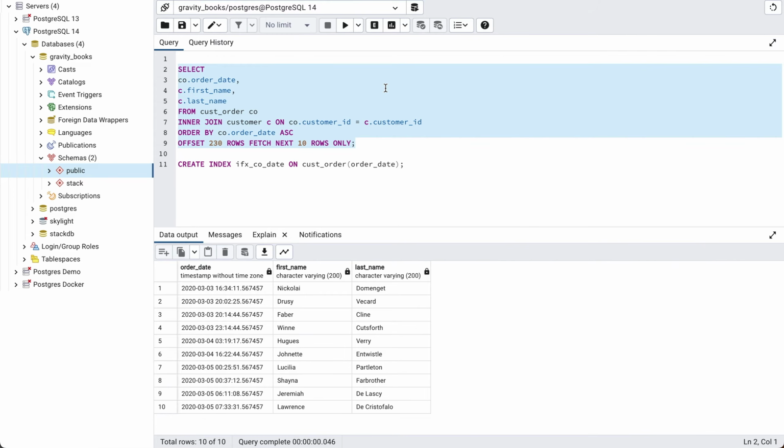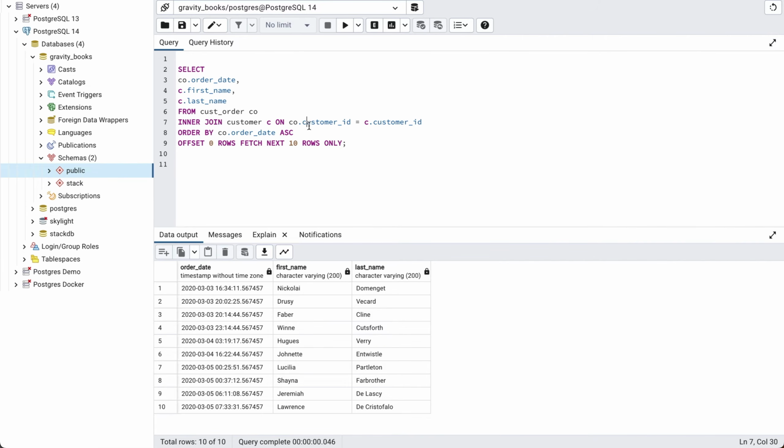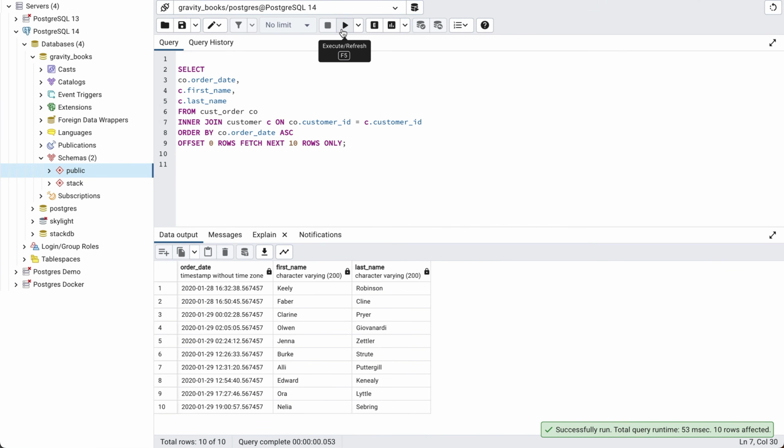So the first problem of performance can be resolved by adding an index that covers the columns in your order by clause. Let's look at the second problem with pagination queries. Let's say we have this query here that shows the first page of results. We show all records ordered by this date here. We can run the query and see the results here. We have 10 rows showing. If we want to see the second page, we can change the query like this. We run the query and the second page of results is shown.